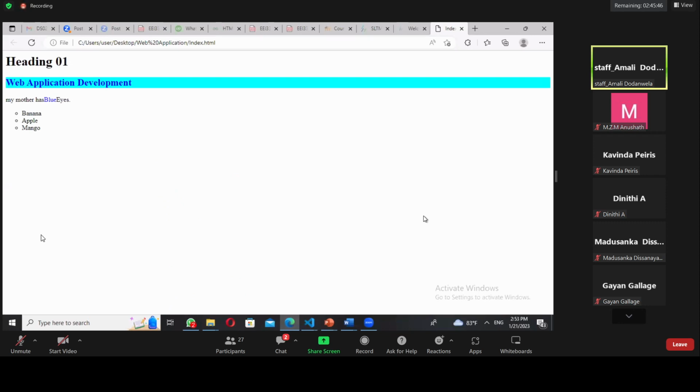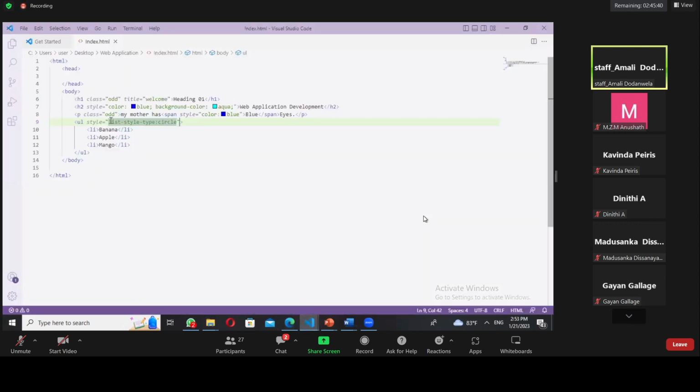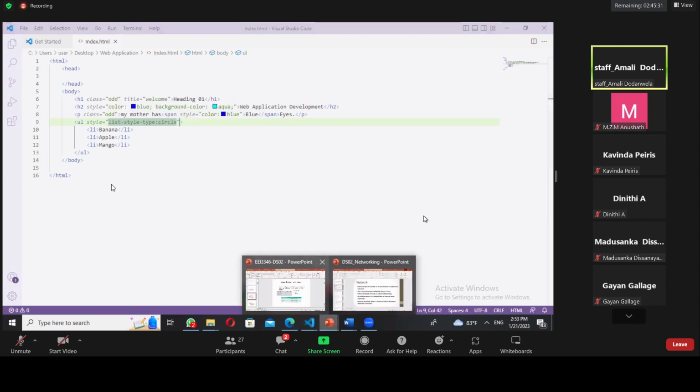See, banana, apple, mango. So you have given the unordered list. What you should do is go there and change the list style type. A lot of values are there, so you can select any one of these. Right. Then the next one,